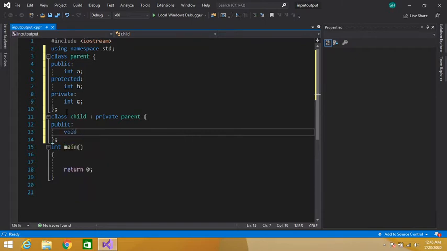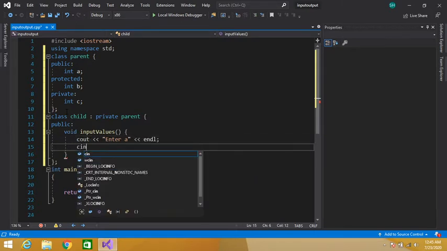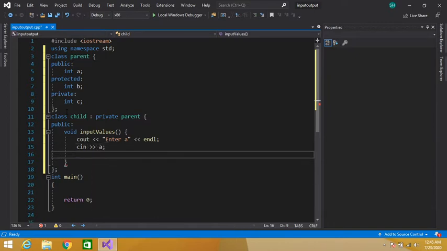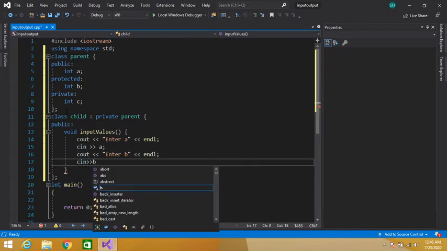Void input values, cout enter A, cin our data member. Similarly, enter B, cin B.